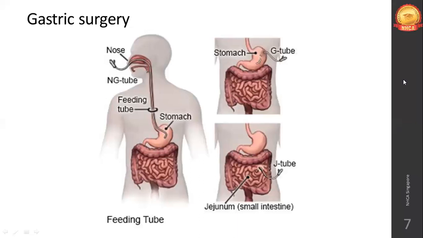Then we have gastric surgeries. In gastric surgery, any form of gastric surgery, if it is done in the jaw or in the esophagus, etc., where swallowing difficulty is noticed, in that case, the patient may be put under NG tube feeding. Okay, so tube feeding